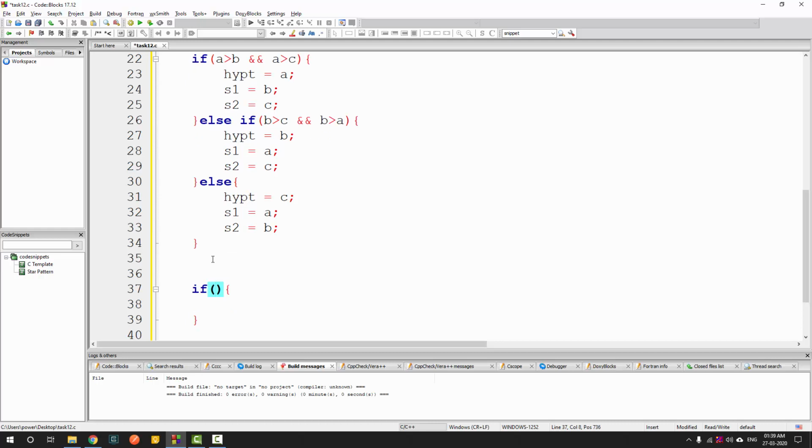and check, right? So hypotenuse into hypotenuse, is it equal to s1 into s1 plus s2 into s2? If the multiplication of this is equal to the addition of these two numbers, then it satisfies the Pythagoras theorem, right? Once it satisfies the Pythagoras theorem, I can simply say printf